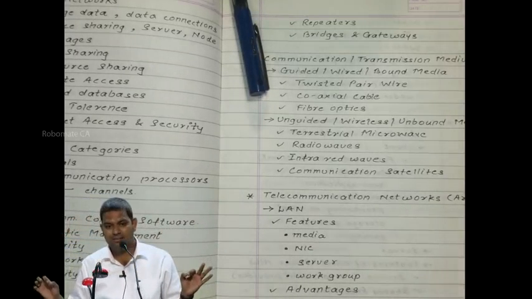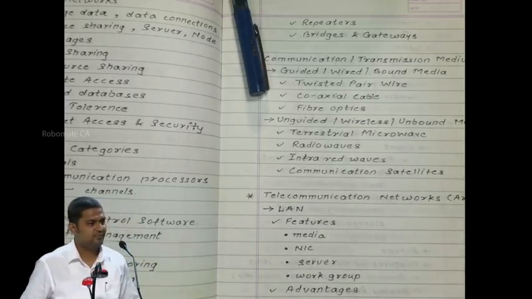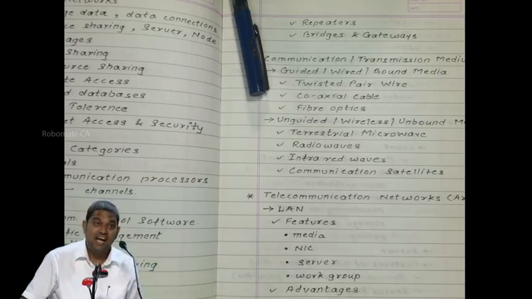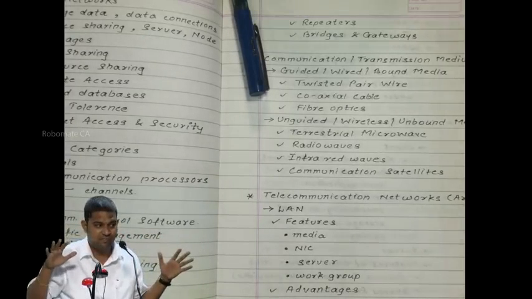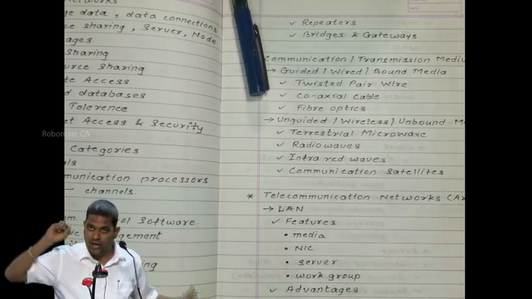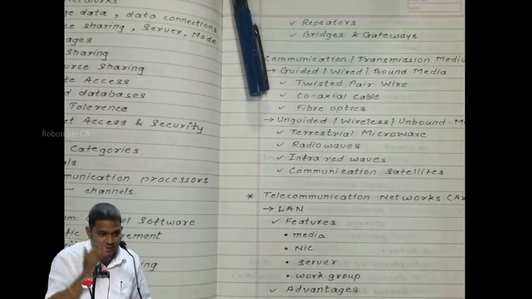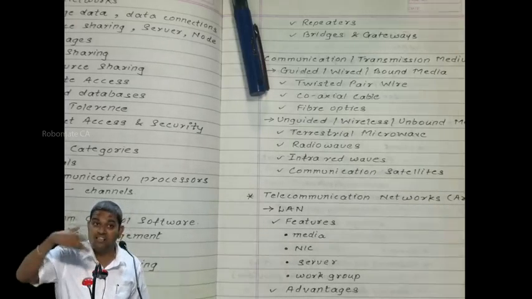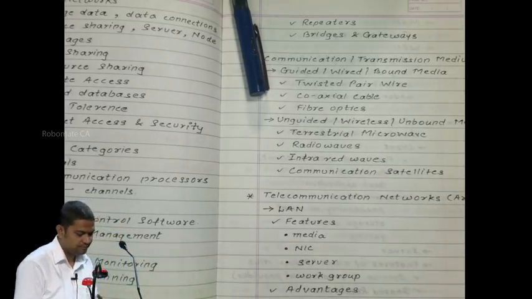You know the bat, not the cricket bat, that bird bat, it can see at night. Actually speaking, it cannot see. That particular bat is generating infrared waves in all directions. If there is an obstacle, the infrared waves bang into that obstacle and come back. When the bat gets back the signal, it understands there is an obstacle over here and changes its path. Just imagine how fast this will be happening. That is nothing but infrared waves.